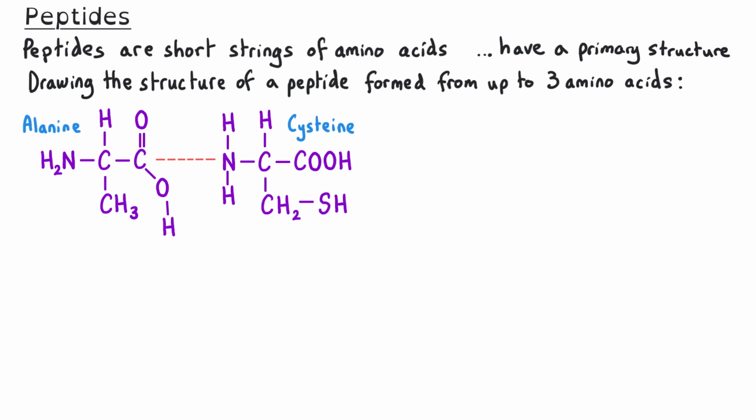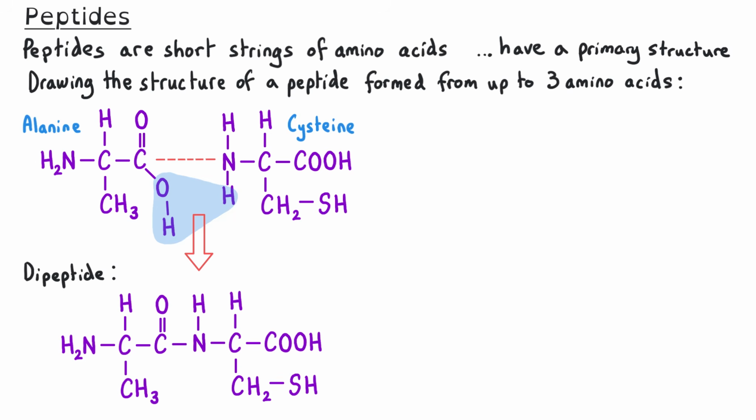And water is eliminated through the loss of these 3 atoms here. And this is the dipeptide that is produced. And it's called a dipeptide because it's made from the combination of 2 amino acids. And this group of atoms here is the amide link, or it can be called a peptide link. And of course, we also produce a water molecule shown here, and this is why this type of reaction is